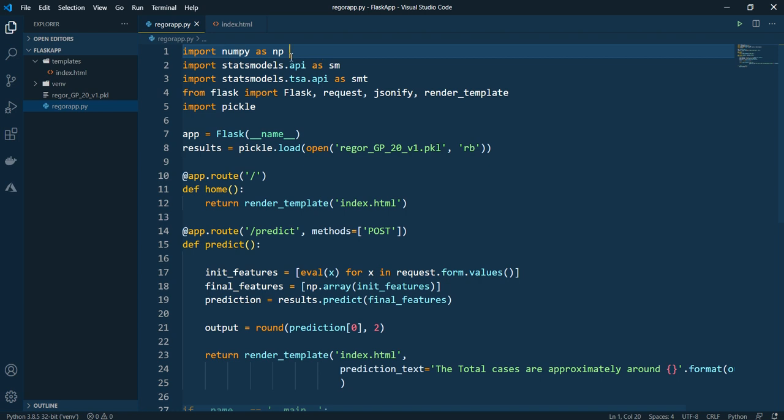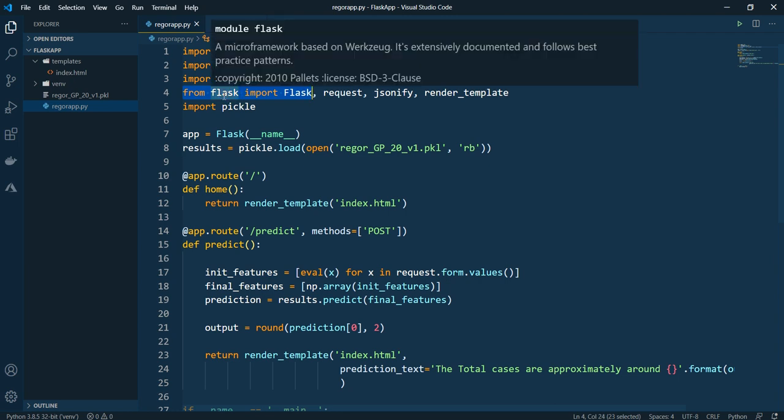Just keep in mind, whenever you build a Flask application, all the modules you are going to use in your Flask app, you have to import in this editor. So first I'm importing numpy as np, then statsmodels.api as sm because my results reside inside that, then statsmodels.tsa.api as smt. The important thing is from Flask import, this is the main thing.